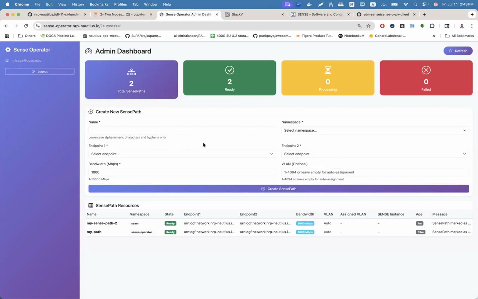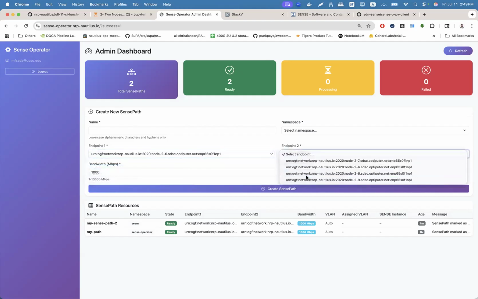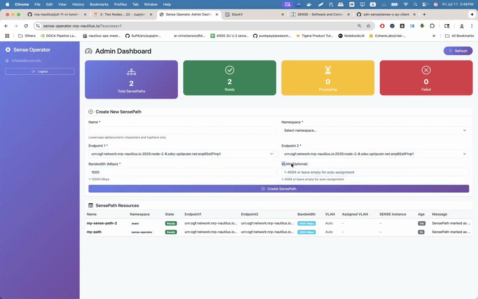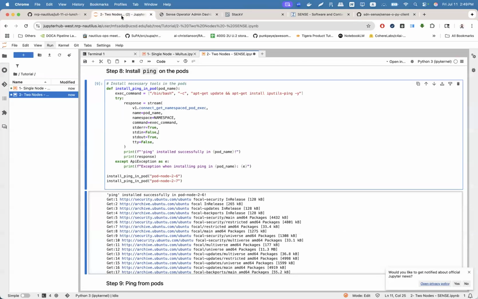Of course, the next feature to be implemented is that let's say I pick an endpoint here and an endpoint here. The next feature to be implemented is to show me the range of VLANs that I can provision to be within the VLAN range of overlap between the two endpoints. And of course, add a negotiation process, which are all orchestrator features. We just want to implement them on the operator and to add a negotiation for bandwidth and different ways of requesting quality of service. So best effort or guaranteed capped or so on.